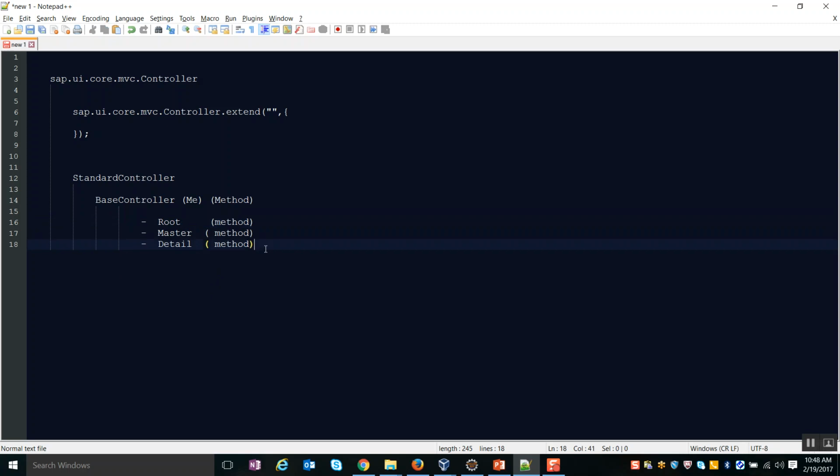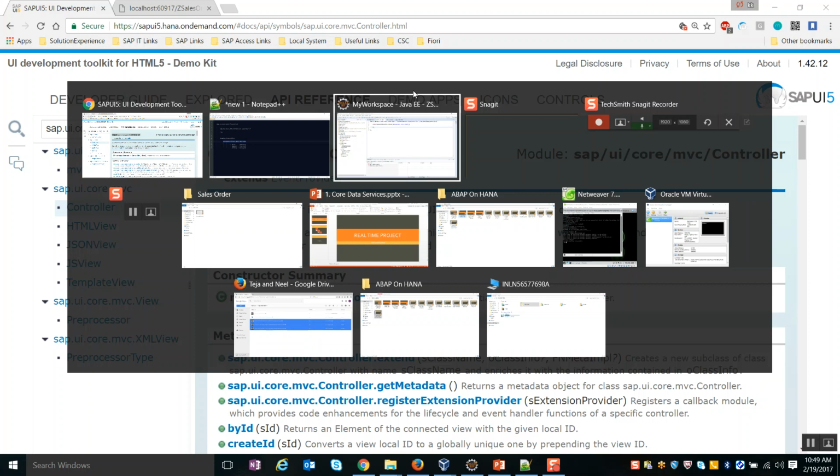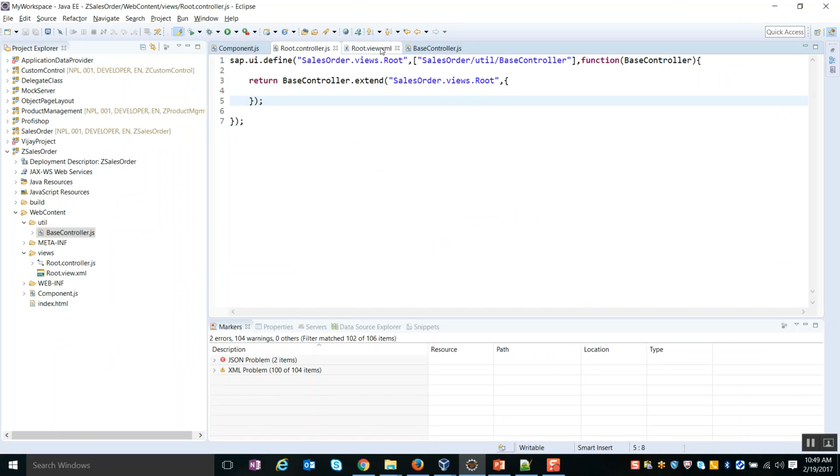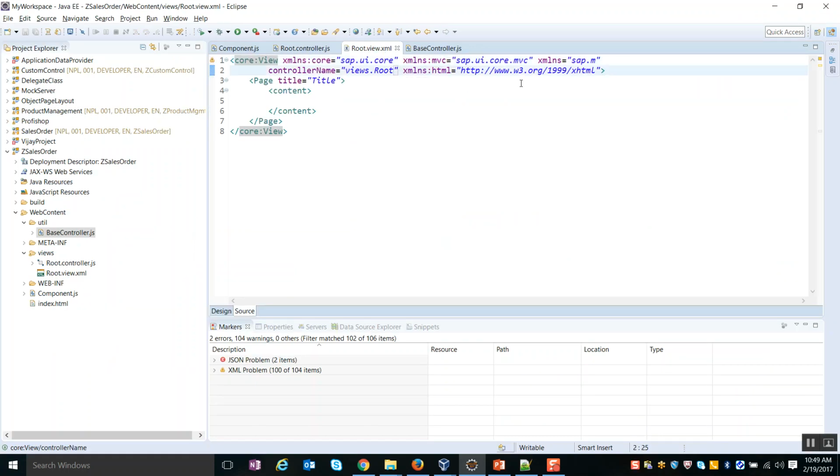All the other controllers that I create as part of this application will always be inherited from the base controller, so that I can have this controller as a root from which I can define my reusable methods. Likewise, the view path also has to be modified in the component itself, where I specify it as sales order dot views dot root.